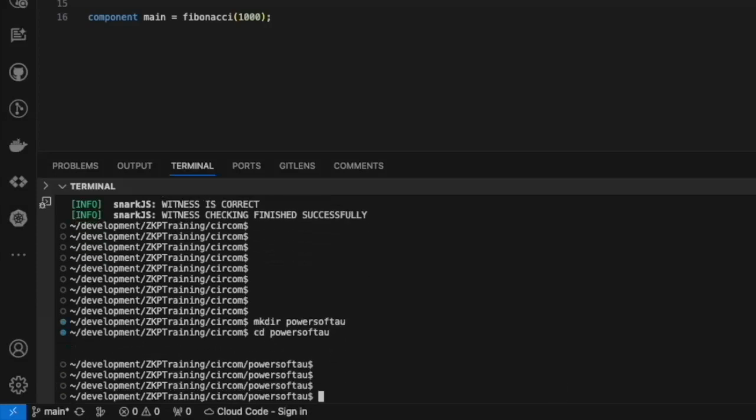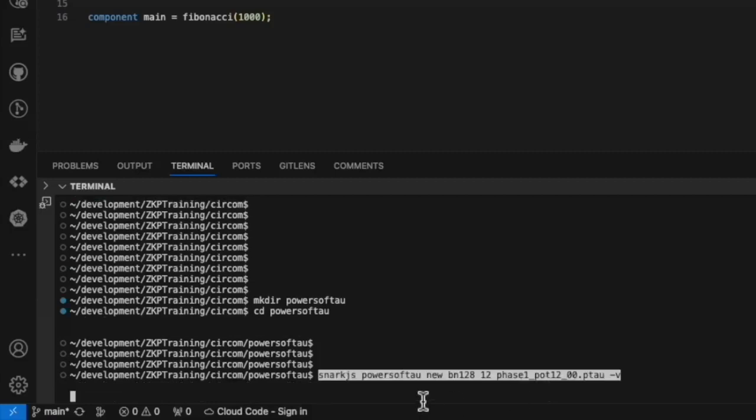Go to the directory and try to initialize a fresh powers of tau file using a snarkjs command. snarkjs powersoftau new bn128 12, and then I specify the output file pot12_0000.ptau. The powers of tau ceremony is designed to accommodate up to 4096 constraints, meaning 2 power 12,